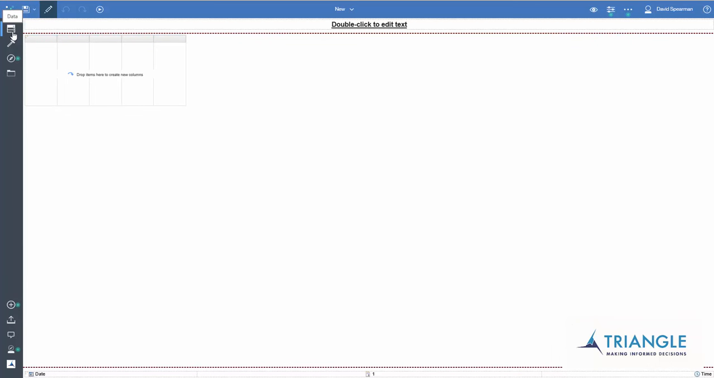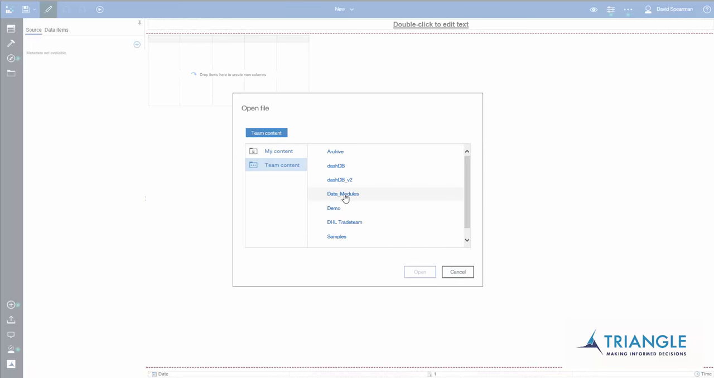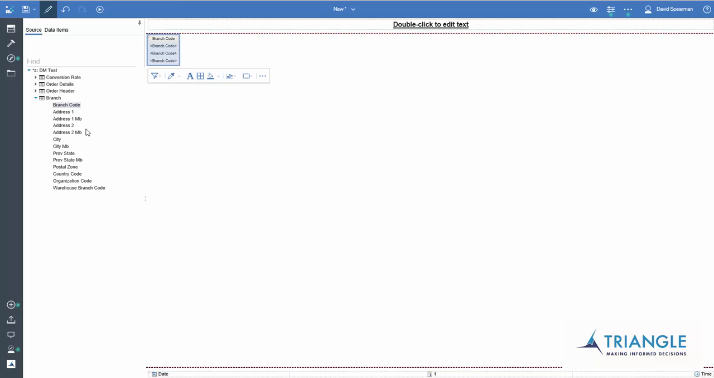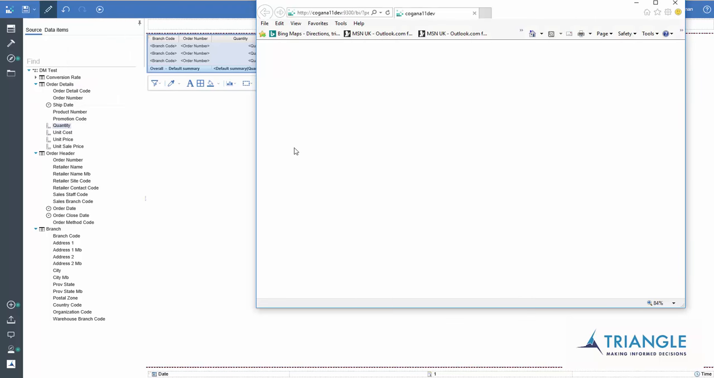And if I click on the left hand side, the data icon, click on the plus, and back in the data modules we will just select the DM test that we've just built, and we see those tables come in. So I'm going to bring in branch code to show you that the filtering is working, and I'm going to bring in from order header the order number, and from order details let's bring in quantity. And if I run that as HTML,